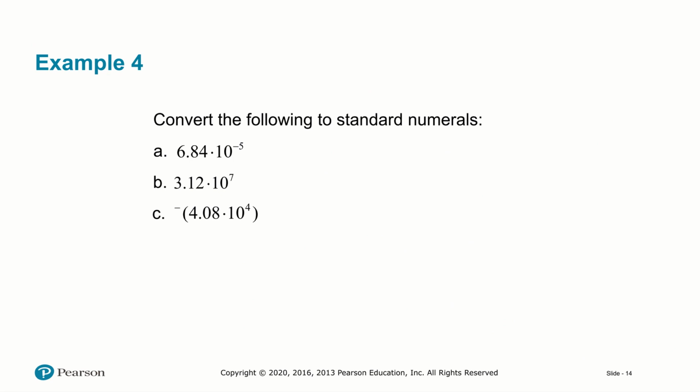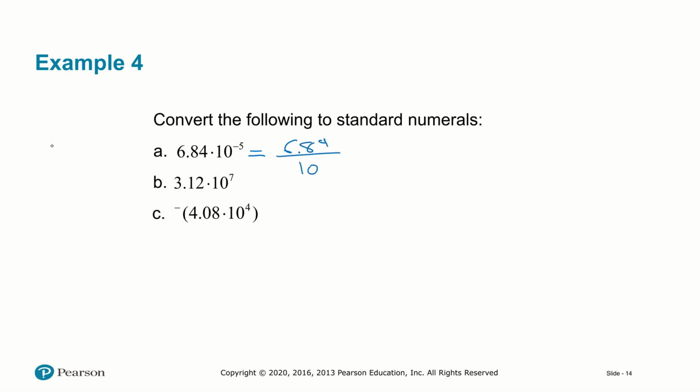In this next example, we're going to go the other way around, and we're going to take a number that's in scientific notation and convert it to standard notation. So this is actually the easy direction, because basically all you're doing is taking like 6.84 and multiplying it by this power of 10. Of course, we know that we can write this as 6.84